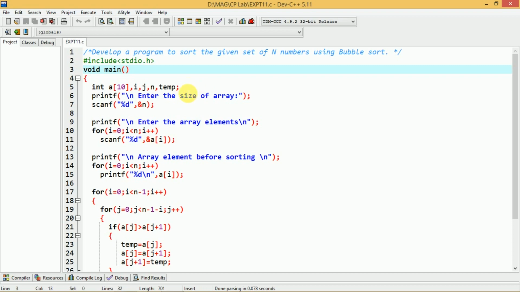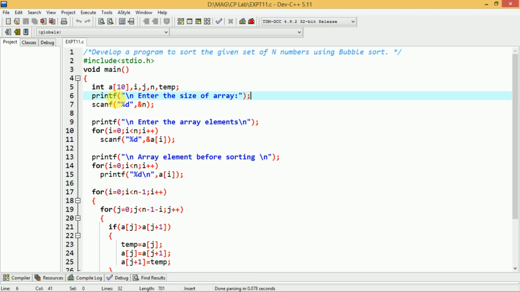After this, initially we have to display a message on the screen, because although you have declared an array variable of some maximum size, 10 or 20, you have to read from the user how many elements he wants to enter. So first you display this message: printf enter the size of array.